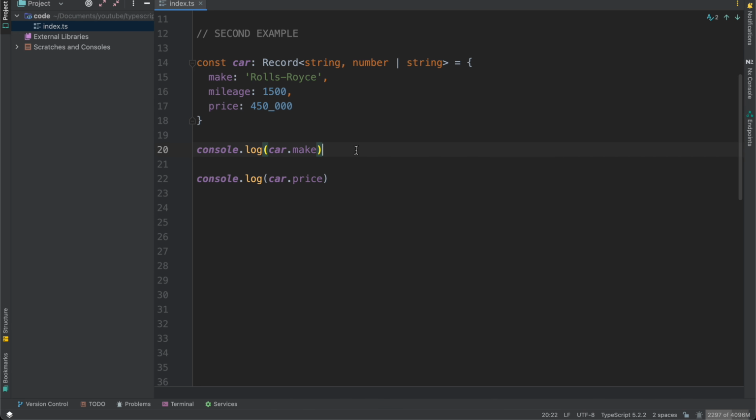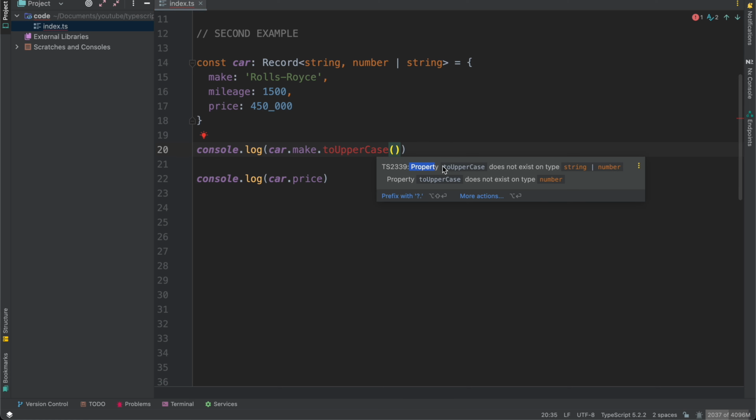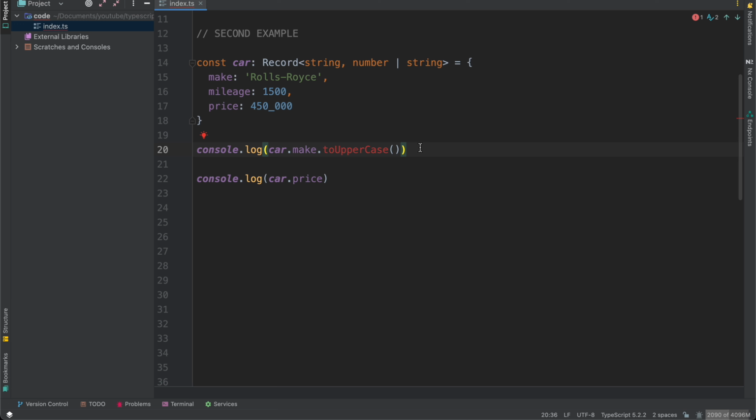Amazing. Now, for example, we want to get our car make and convert it to uppercase letters, then log it into the console. So I've already written here console.log and car make. I want to apply here the toUpperCase method and log it into the console. Yes, but we will have an error. Property toUpperCase does not exist on type string or number. Property toUpperCase does not exist on type number. So the toUpperCase method can only be applied to strings. It's pretty logical, but we've also defined as our values number and string in our type. Here we have a problem